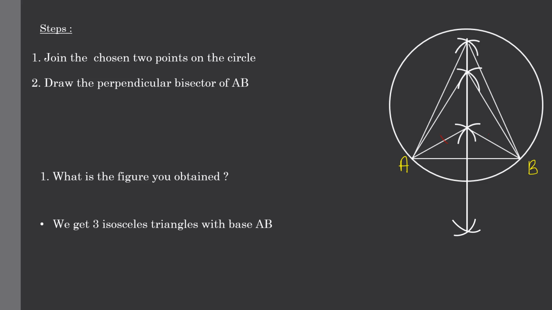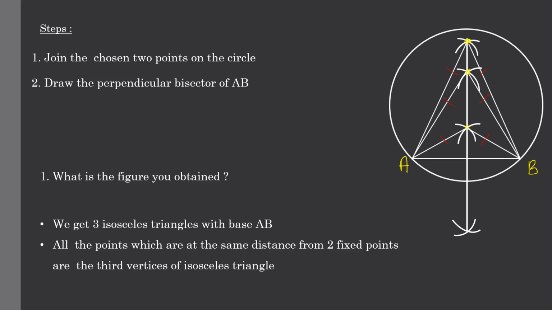Yes, these 2 distances are equal, these 2 distances are equal, and these 2 distances are equal, isn't it? So, a triangle has 3 vertices. Here A and B are the two vertices. And which are the third vertices? One is here, another is here, and the other is here. So what is the speciality of this third vertex? Yes, all the points which are at the same distance from the two fixed points are the third vertices of